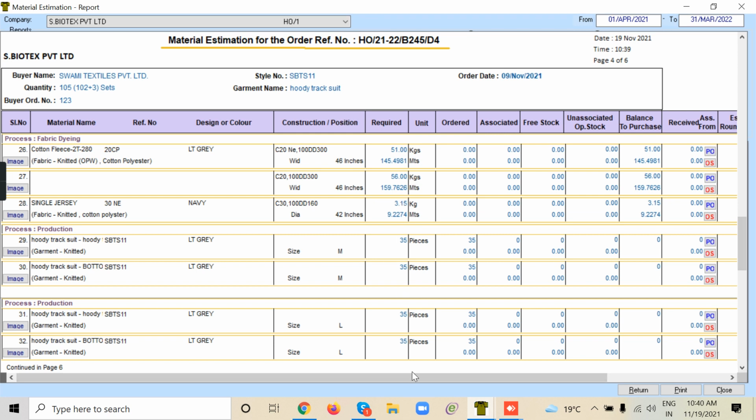So for a given order, what is the purchase item? What is the process items? All these items are defined and calculated by the merchant, and it will be available in the system. After this,